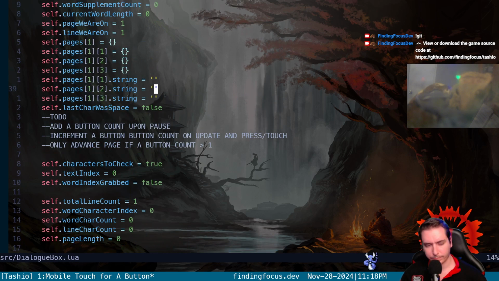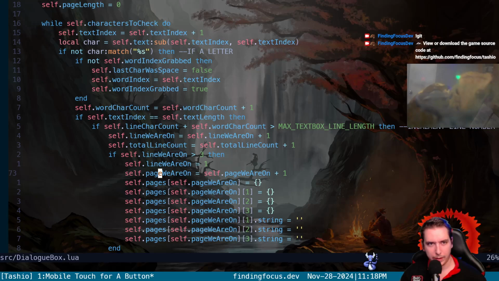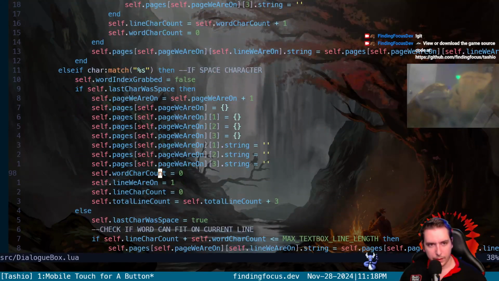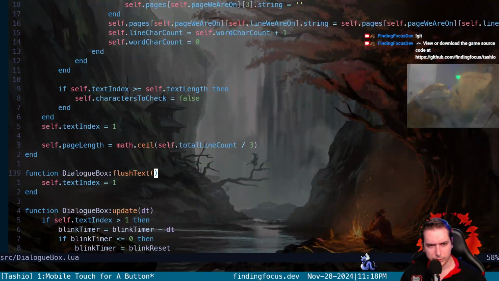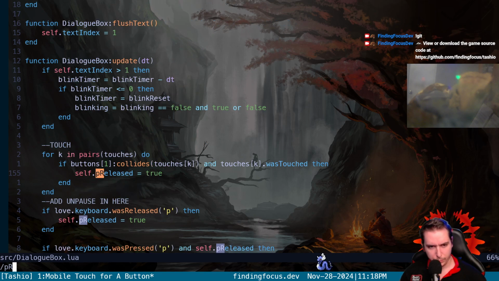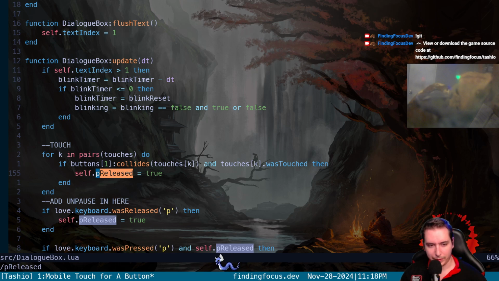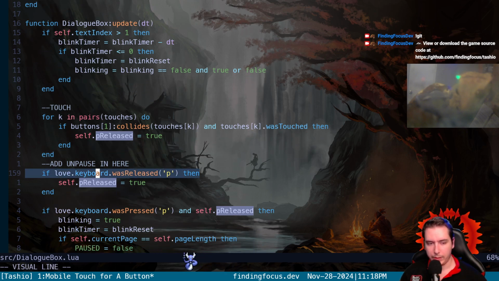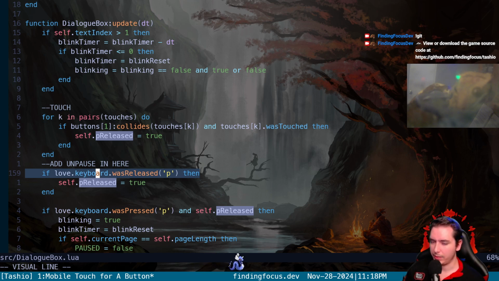And I'll show what we had. What was it called? It was called P-Released, and it's called P-Released because we are only becoming P-Released once we release P. P is the keyboard button that maps to the A button for the Game Boy. O and P are the B and A buttons for keyboard for our game. And we have to do this because